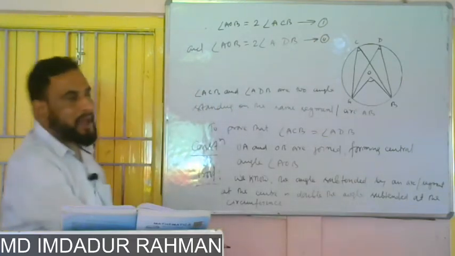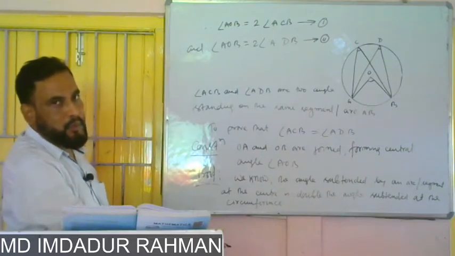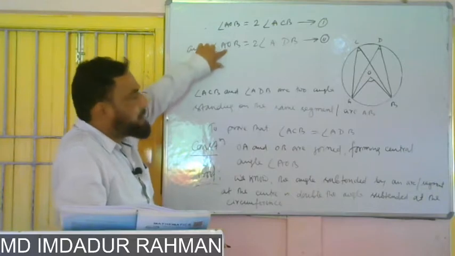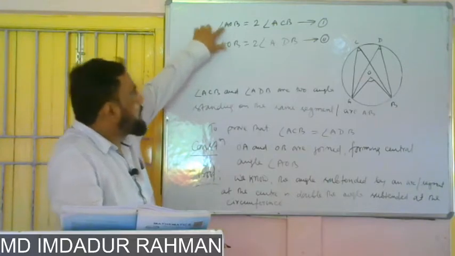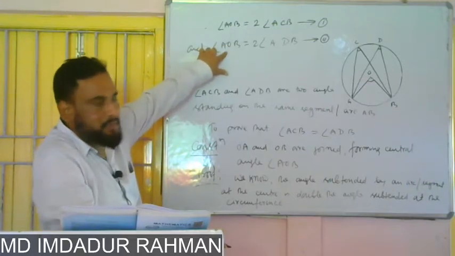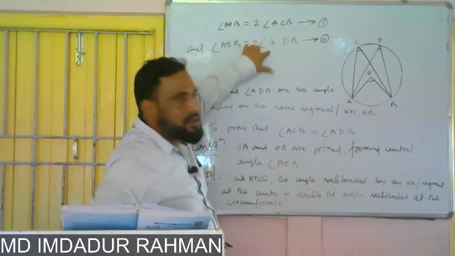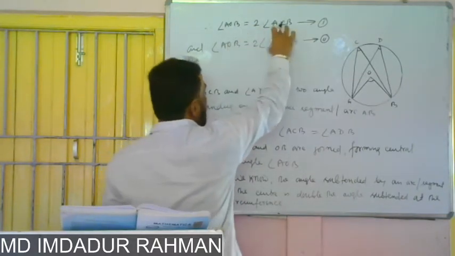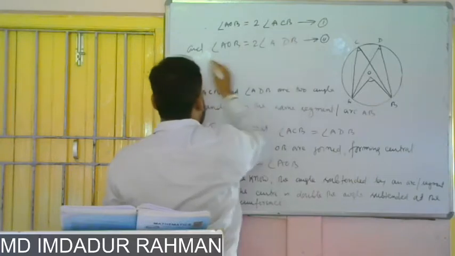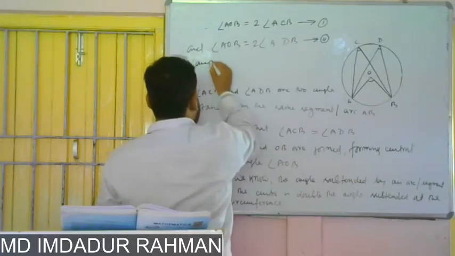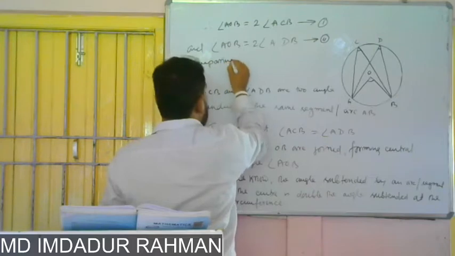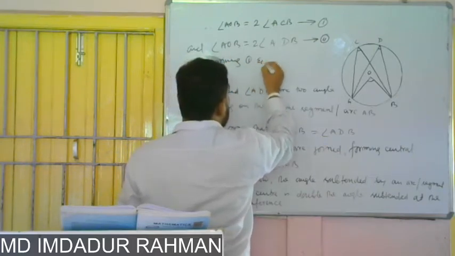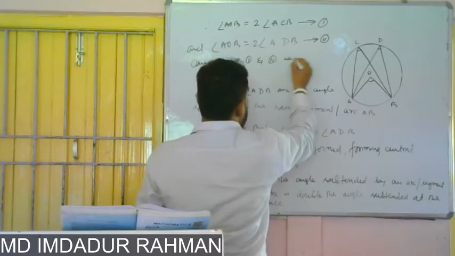Now, if we compare equation number 1 and 2, what will we get? On the left side, both the terms are the same, so we can say that the right sides are equal. Since the left sides are same, the right sides are equal. So, comparing 1 and 2, we get,